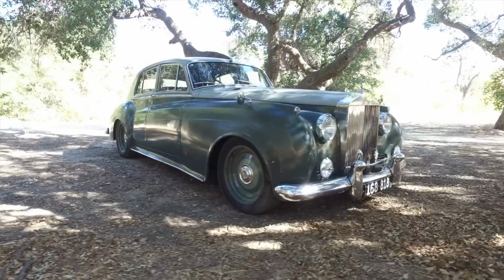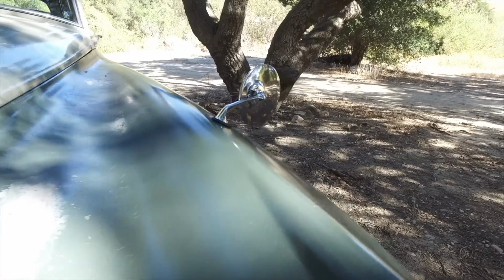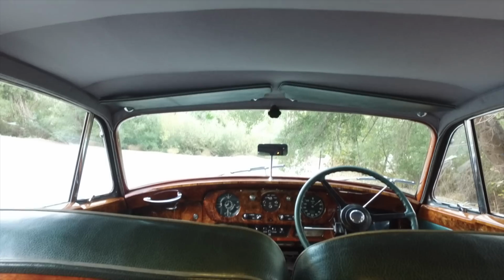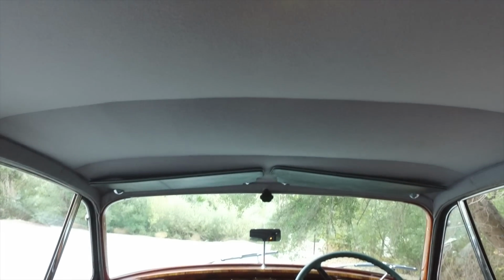Mirrors, we left the stock European front fender mounted mirrors, which I dig, and this glorious one mounted on the dash. Headliner, we did dead stock, and that's in this lovely wool fabric. The visors, we did in the 2 different leathers I chose for the car. Speaking of leathers,